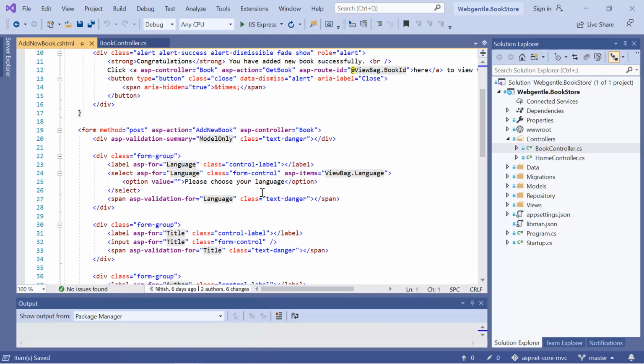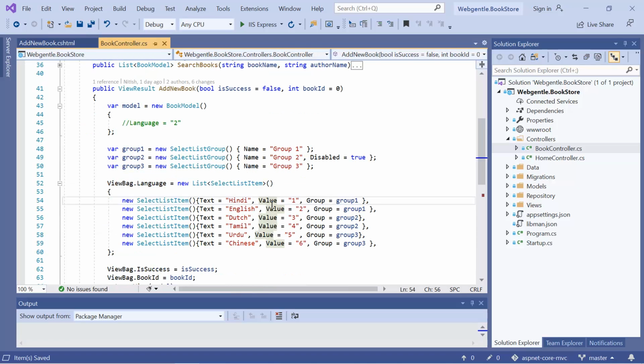Over here you can notice that this is the select tag which is required to create this dropdown on this view form. Here we are using two attributes. First one is asp-for. We are binding the model property to this asp-for and we are passing all the items, or we can say data, in this asp-items attribute. By this time we are only able to select one value from this dropdown. Now there are some requirements where we need to select multiple values from this dropdown.